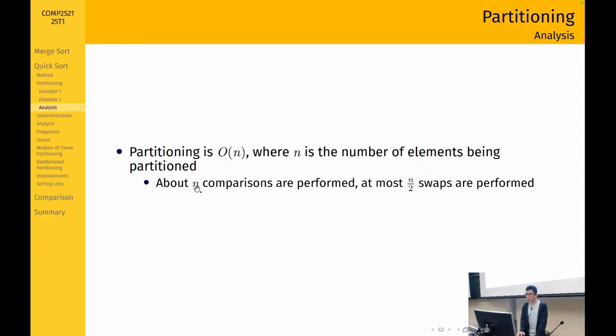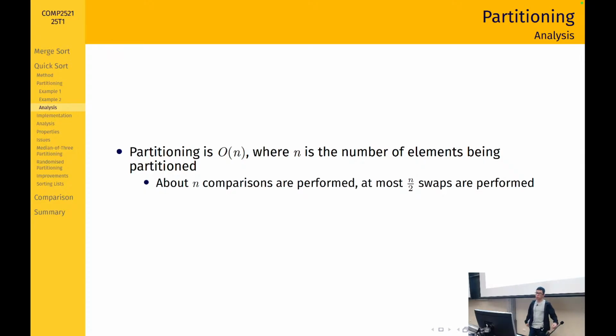Yeah, so we perform about n comparisons. You can try and visualize that, right? So we're comparing every element to the pivot, right? And then in terms of number of swaps, we're performing at most n/2, because